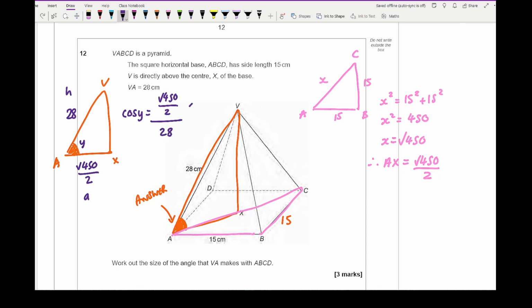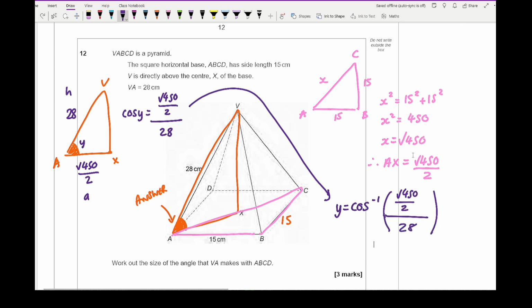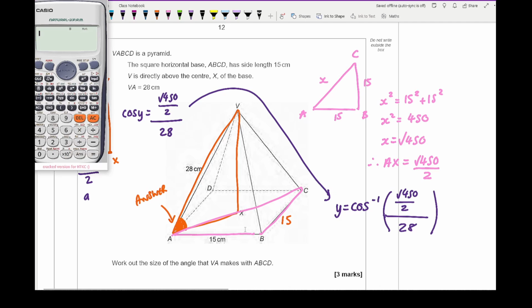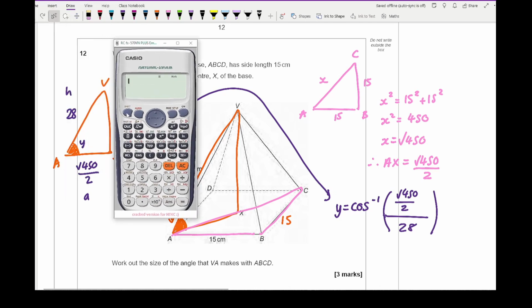So what that then means, and let me just do this over here so I've got more space, is that y is going to equal the inverse cos of root 450 divided by 2 all over 28. Now if you're not sure about how to enter that on the calculator, let me just enter that in now. Let's wait for the calculator to load. And there we go. So we enter first inverse cos. I then open my bracket, and then I set up my fraction. Now I want a fraction at the top, so I press that again. So the numerator is root 450, scroll down, and that's a 2, and then I scroll down again, and that's going to give me 28. Scroll across,